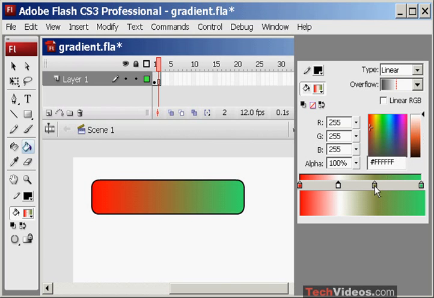I'm going to press on this one. Again, notice how that little triangle changes to black. Again, drag that on up to the top. And I'll come over here to this right one, and I'll find a shade of blue. And I'm going to come back here and get that one back at white. And there we go. I'm now going from red to white to blue. I'll press on my paint bucket, and there we go. So I've done a gradient fill from red, white to blue, and I've also showed you how to create a rounded